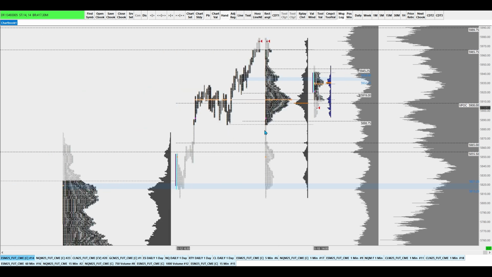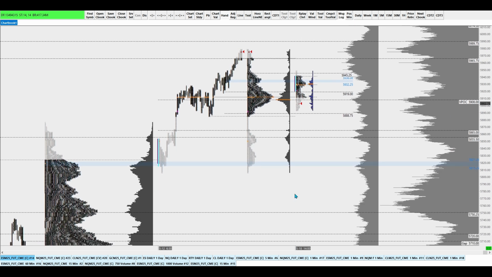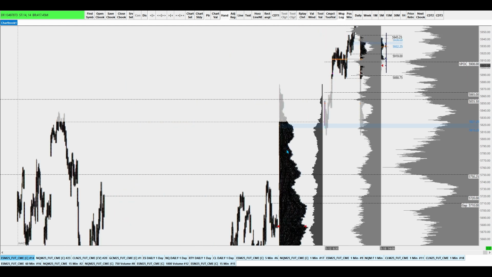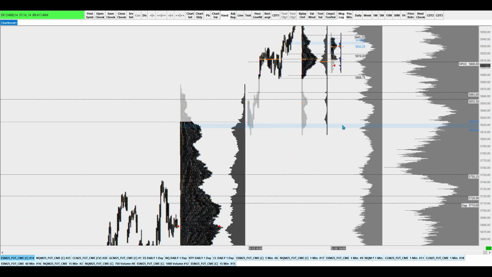But levels are levels, so we'll be paying attention to some of these. Line in the sand for buyers. Obviously, like the short-term ones, just like, okay, what do we do up against this upper distribution, right? Whether it be this last pivot low, or the point of control, and then this upper end of the lower distribution.